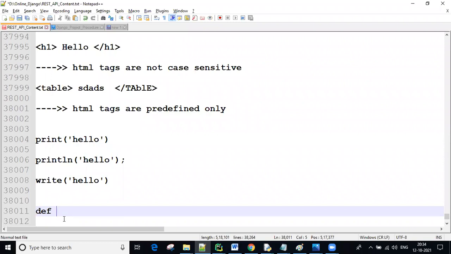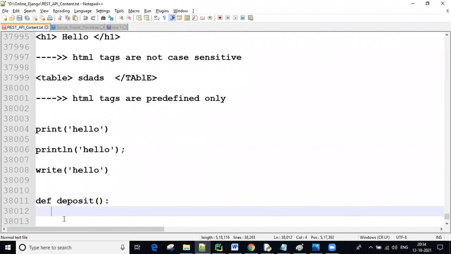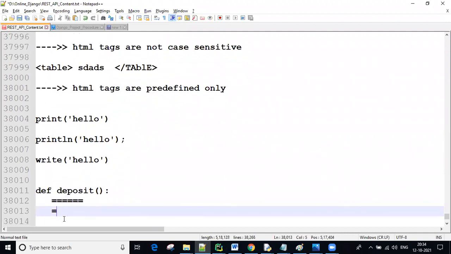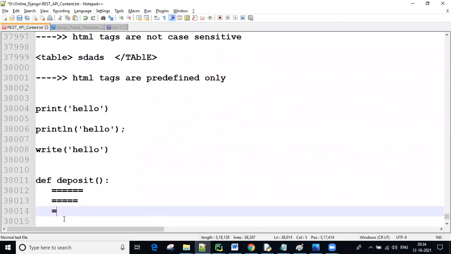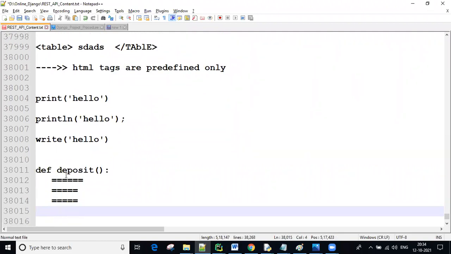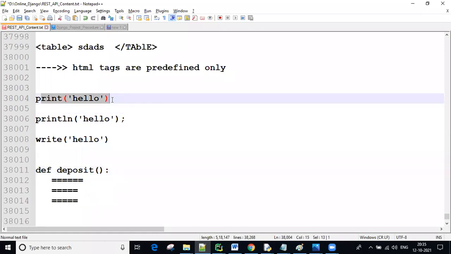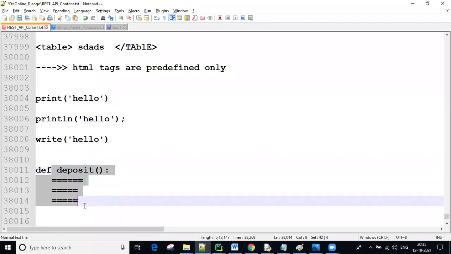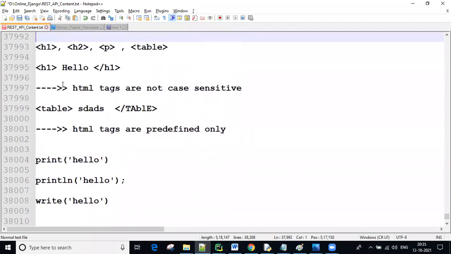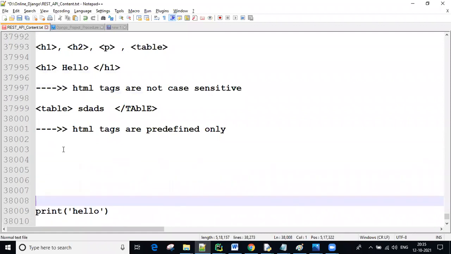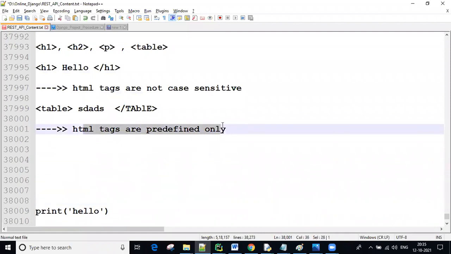Using def, for example, deposit is my own method for depositing money, and withdraw money, balance inquiry, like that we can write our own methods. So these we call predefined, and these we call user defined. But in HTML, all these tags are predefined only, not user defined. This is the point.